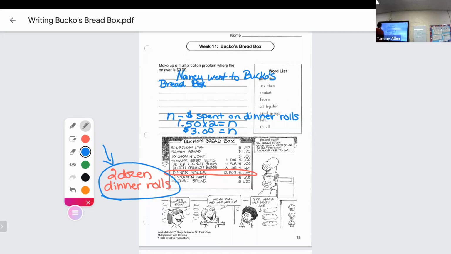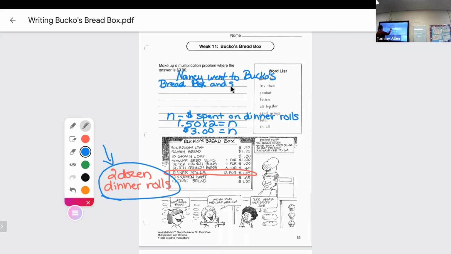Nancy went to Buffalo's Bread Box. She saw 12 for $1.50, so she got two. Wait a minute. And saw a sign for what? Stop it. I just want one sentence from you. One. What did she see? 12 dinner rolls for $1.50. There we go. Stop right there. Boom. That's one sentence. Nancy went to Buffalo's Bread Box